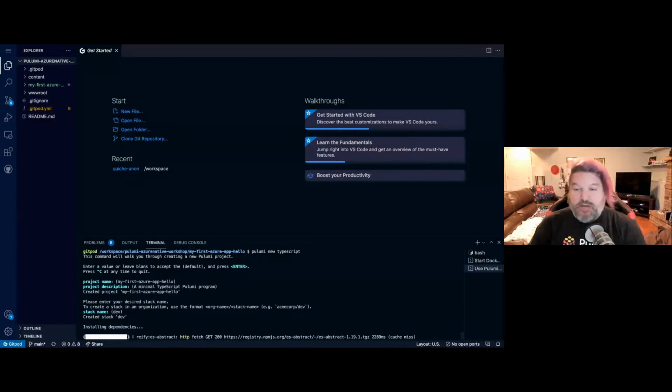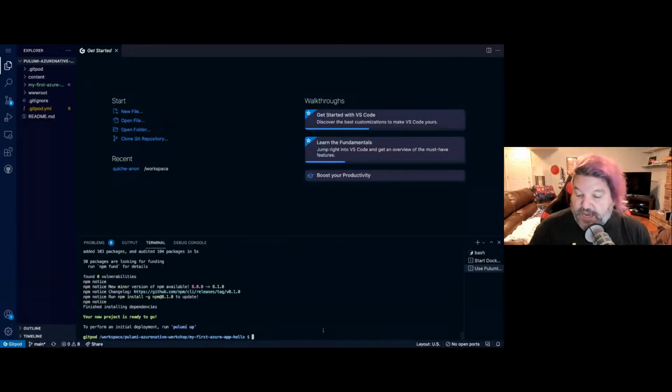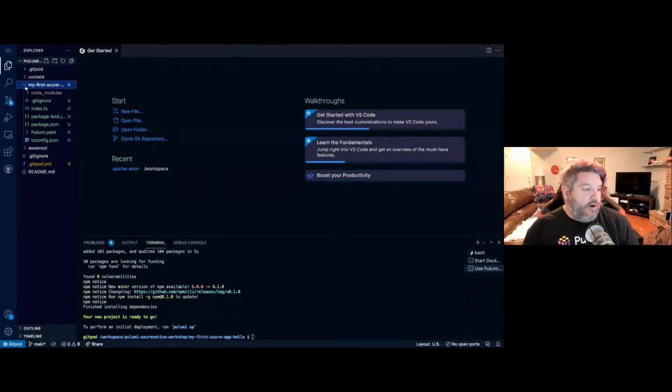You'll notice it's installing a bunch of packages. It's sort of laying some stuff down, and it says, cool, you are ready to go. So if we were to take a look, let's do a little guided tour of our new project that just got created. So really what happened is it created all the files that we need, which we're going to see,